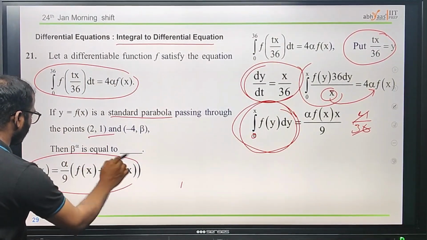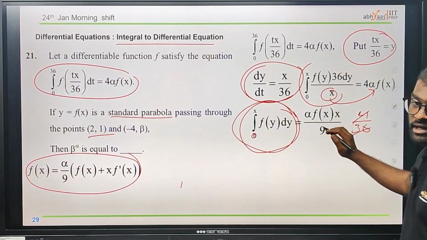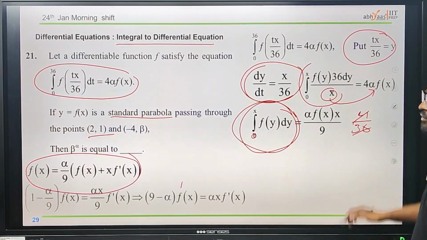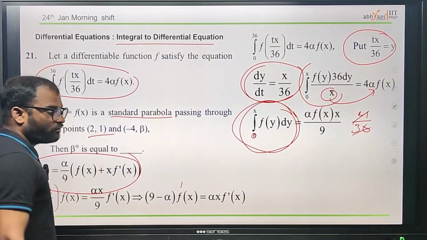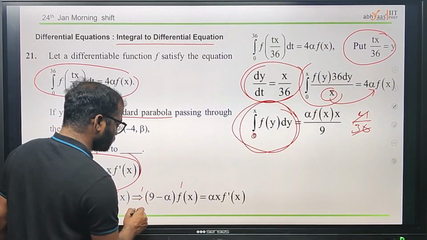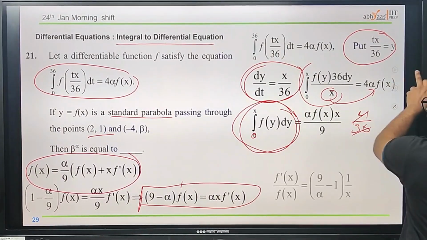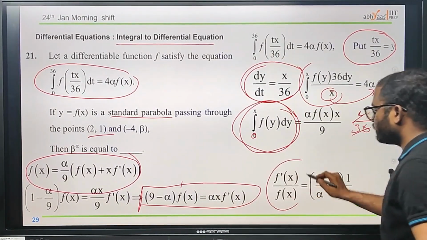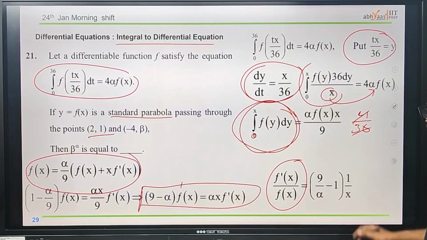We will get f of x is equal to alpha by 9, which is the differentiation of it. Next, we got the f of x and also f dash of x, which means that we got the differential equation from this. Finally we need to proceed with what we have: f dash of x divided by f of x is equal to 9 by alpha minus 1,